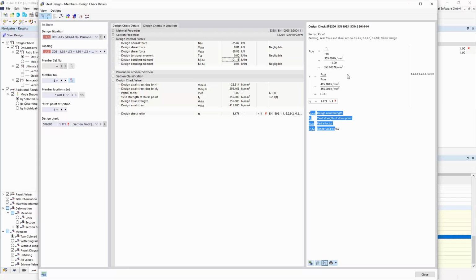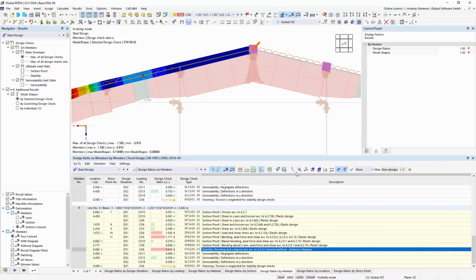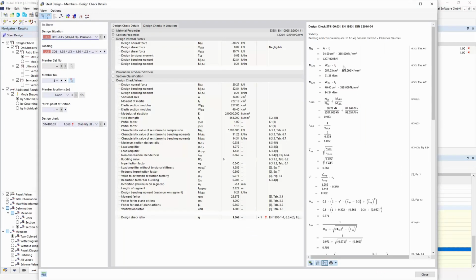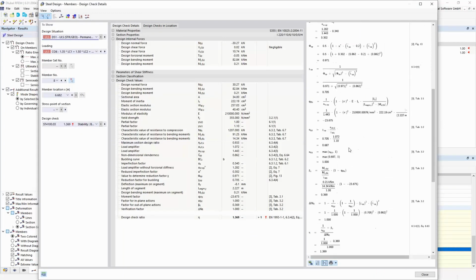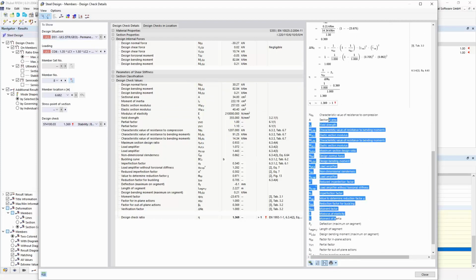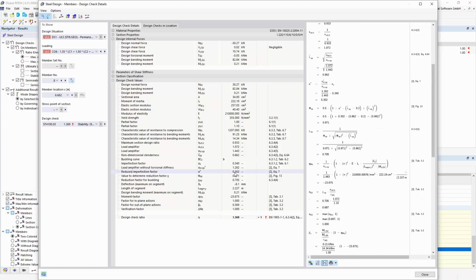This is not only a steel feature, and this type of display is offered for all types of design checks, even for concrete and for aluminum and so on. You always get the full calculation of every value in this formulation style with a clear depiction of value.